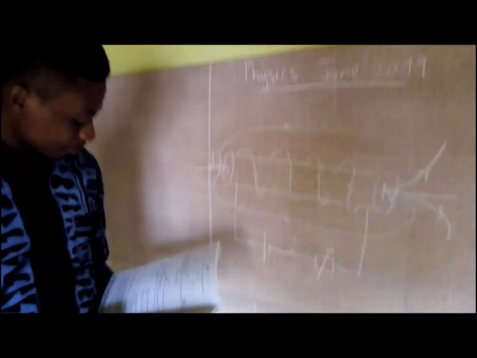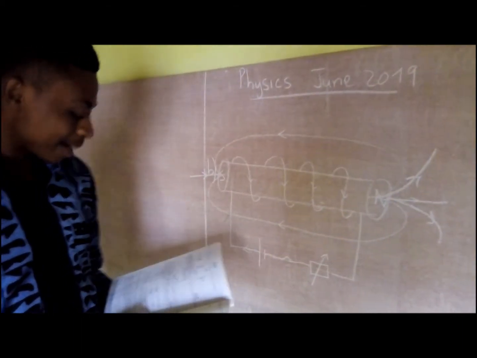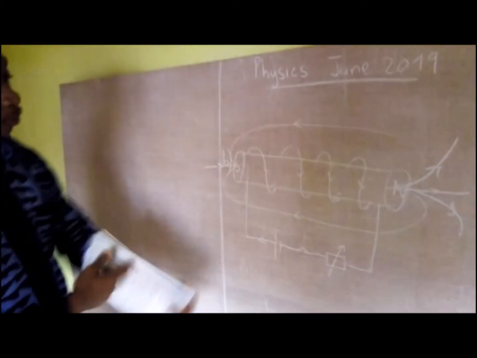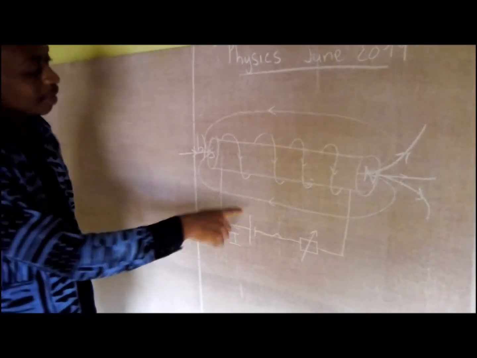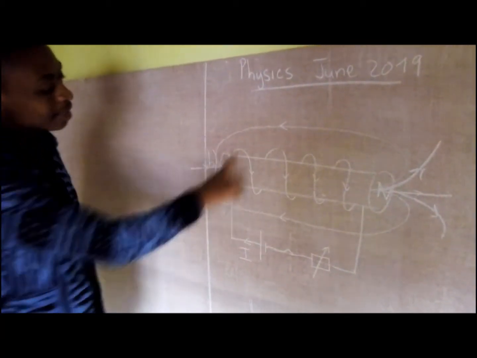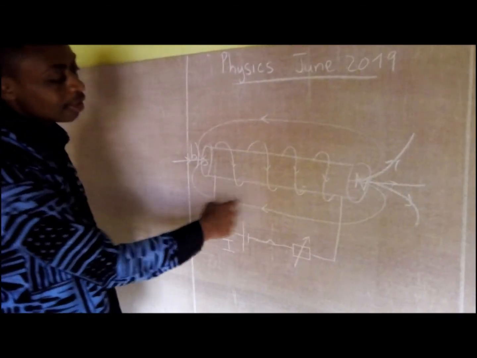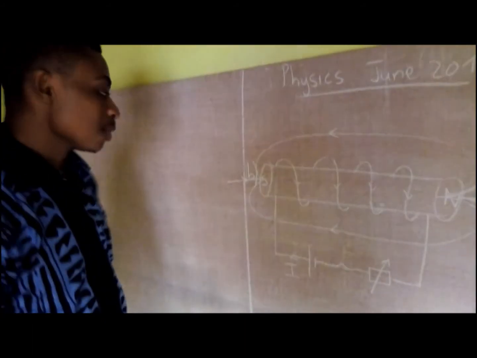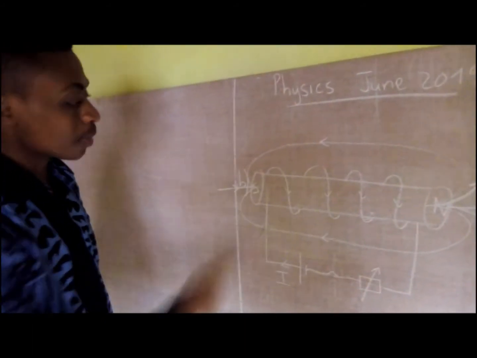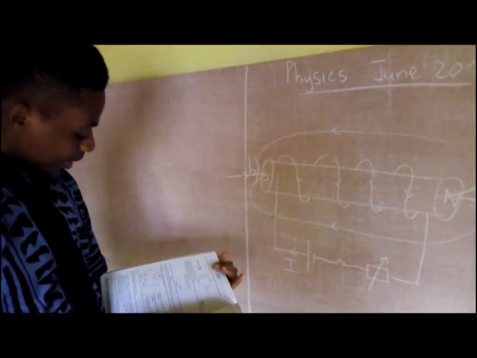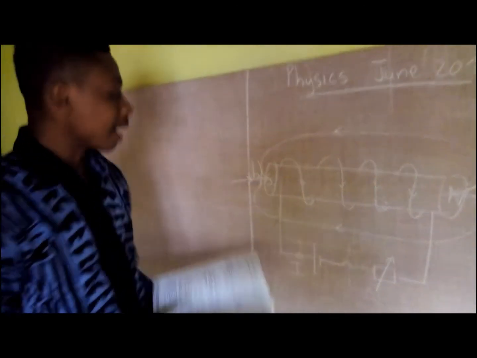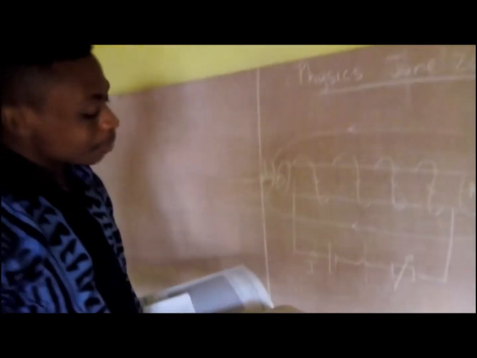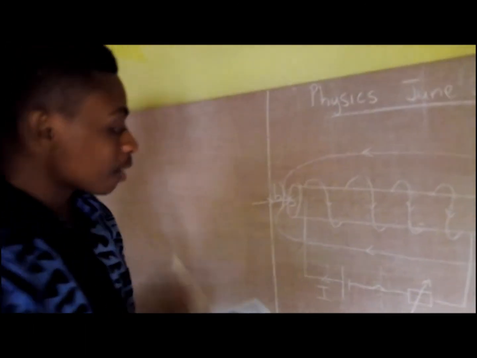Question 2: State one method of making the magnetic field stronger. If you increase the magnitude of the current in this circuit, you increase the magnetic field. If you increase the number of turns per unit length, you also increase the magnetic field. So those are the methods we can use to increase the magnetic field. And the last one is to name one device which makes use of magnetism that can be switched on and off. A good example is just a loudspeaker.